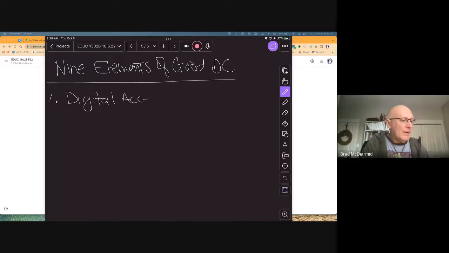We need to create user IDs and passwords and all that kind of stuff to access what we want to access on the internet. So we'll put another thing here: full electronic participation.